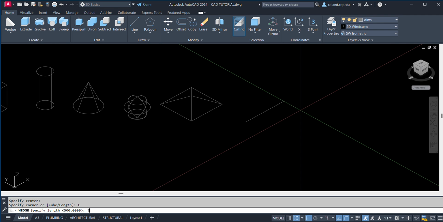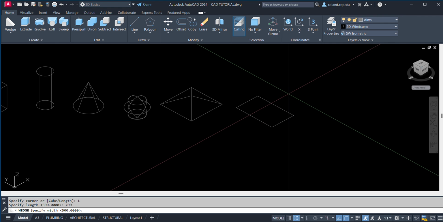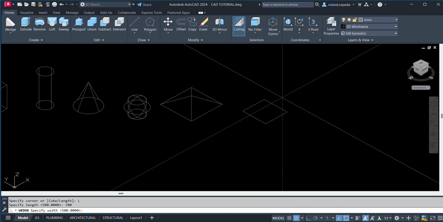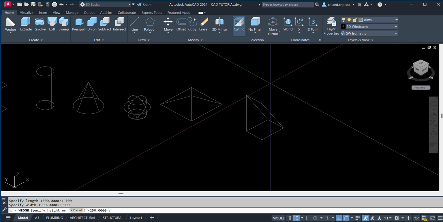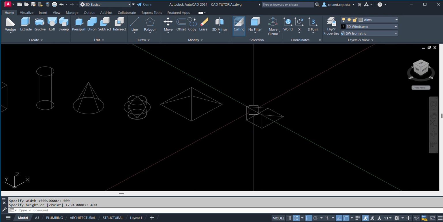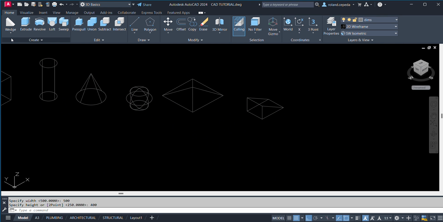The length is 700, space, and then let us specify also the width. Let us try 500, space, and then specify height. Let us say 400, space. So you have there a wedge.